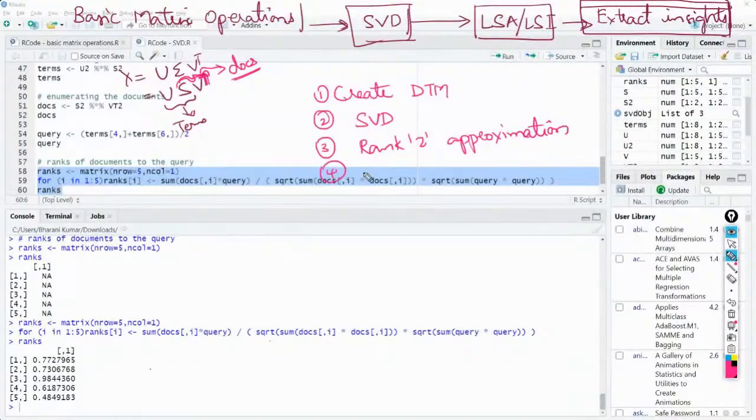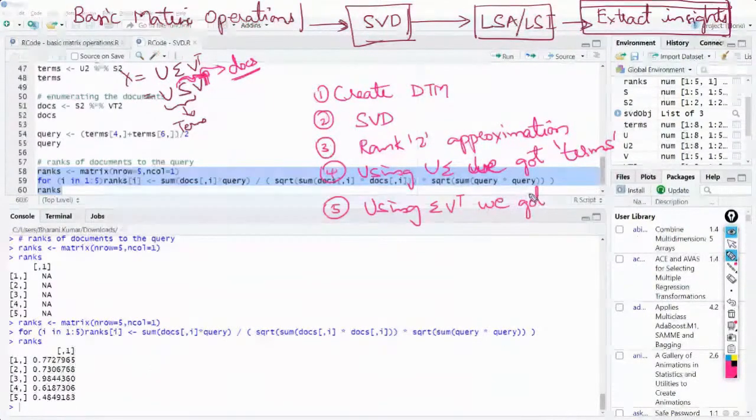Then the fourth step was we have used U and sigma, multiplied those. Using this, we got the terms. Fifth, using sigma and V transpose, using these two, we got documents.